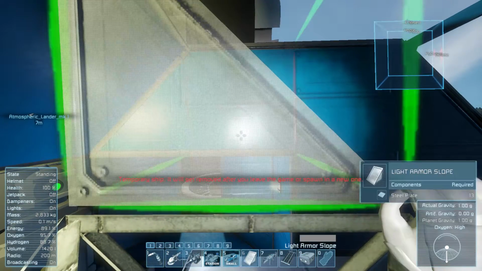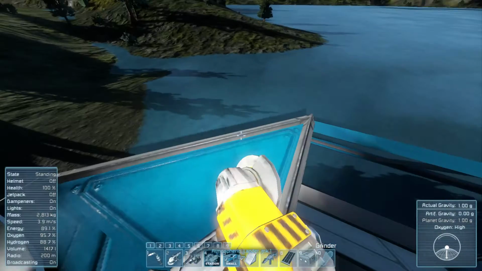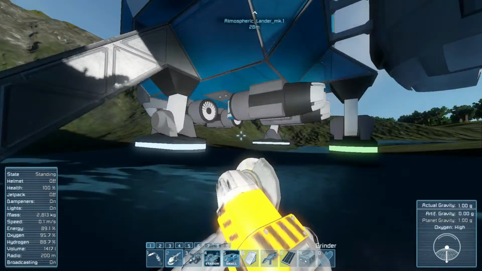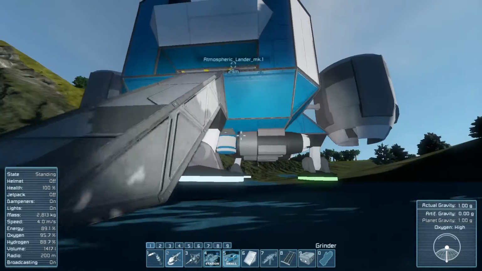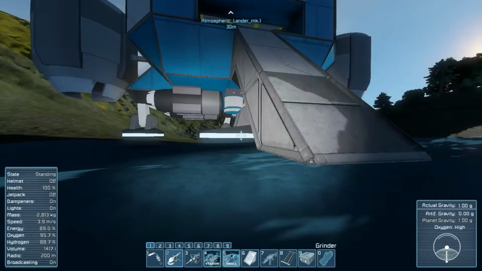And we can put in another ramp. And then cut through the windows. Or fall off the ship entirely. So this is a good opportunity to actually show you that sometimes I managed it, but if you get the